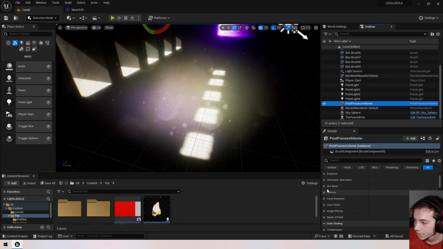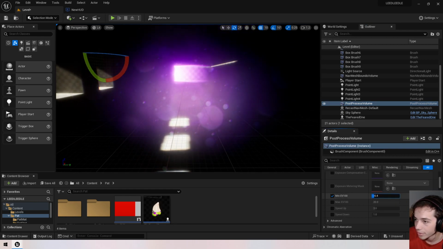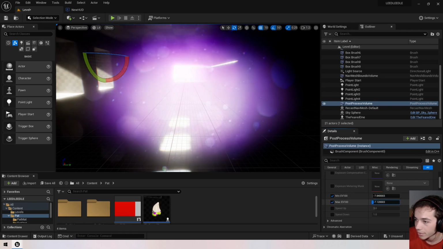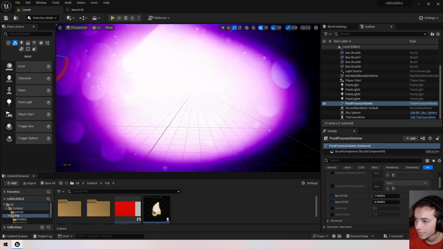Yeah, we could go under exposure here and play with these EV values. If we turn the max EV down,